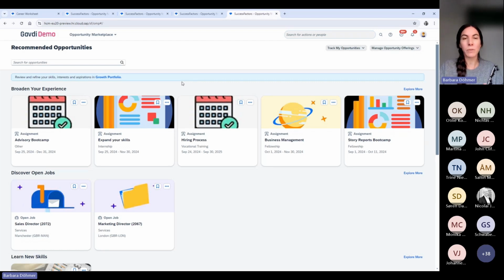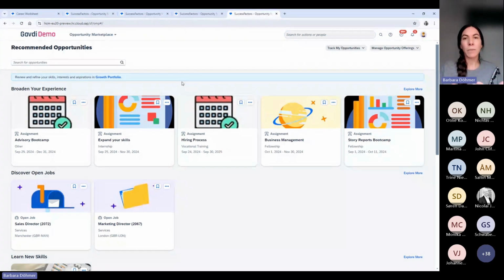That's why I would like to call it a solution. All these machine learning recommendations will be done based not only on your current role and your current skills, but also on what other interests you have in the growth portfolio, as I mentioned before.